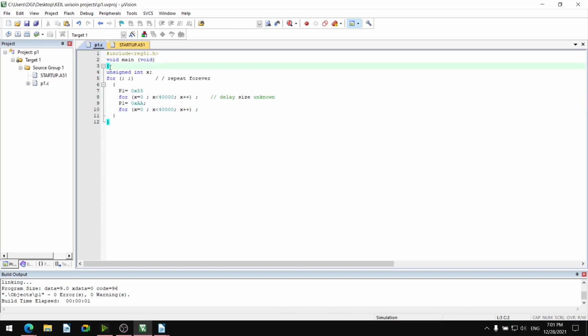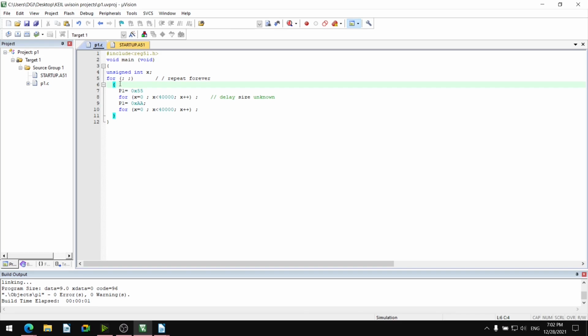Okay, these two cyan colored are shown for that. Then unsigned integer x is there. Unsigned integer x variable is defined here. Then forever loop is there. For semicolon semicolon repeat the forever loop. Then for infinite loop these are the curly braces.